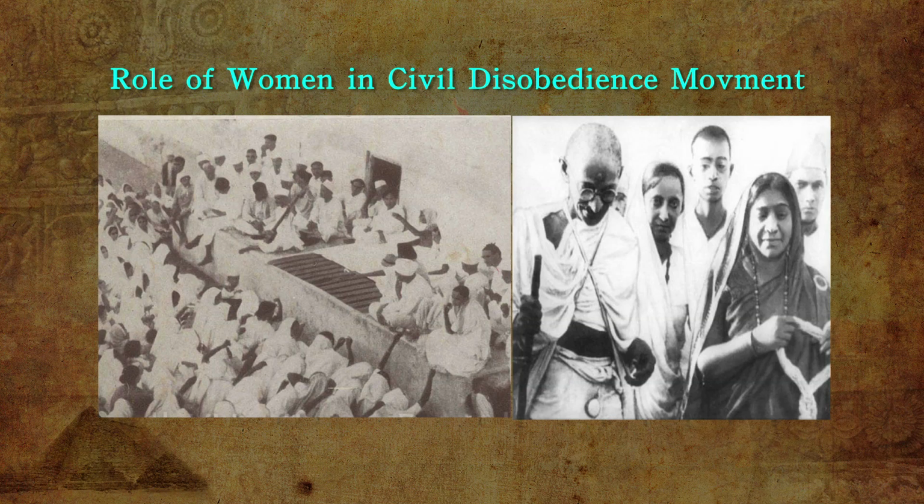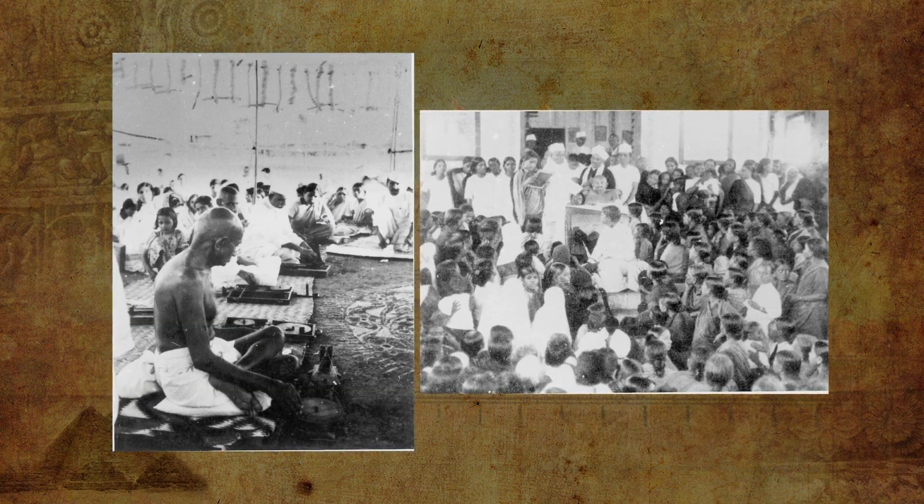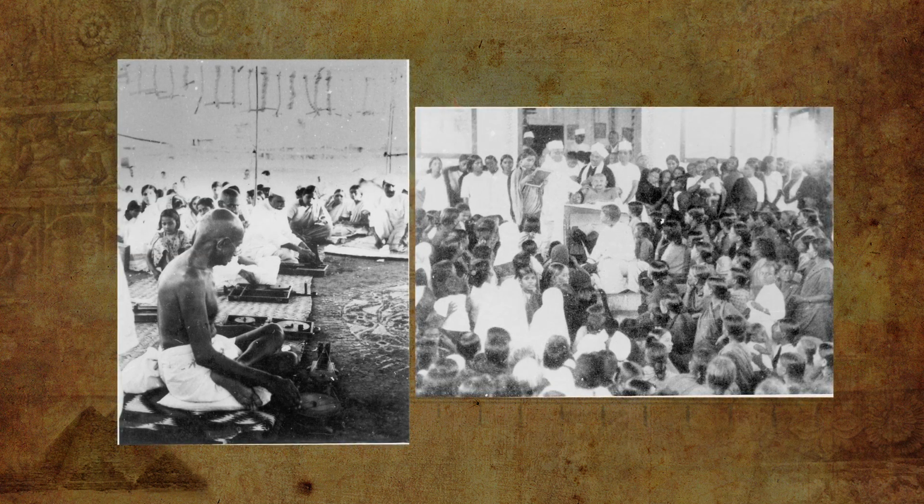Women participated in large numbers in civil disobedience movement during Gandhi's Salt March. Thousands of women came out of their homes to listen to him. They participated in protest marches, manufactured salt and picketed foreign cloth and liquor shops. Many went to jail. In urban areas, these women were from high caste families, and in rural areas they came from rich peasant households. They got moved by Gandhiji's call and began to see service to the nation as a